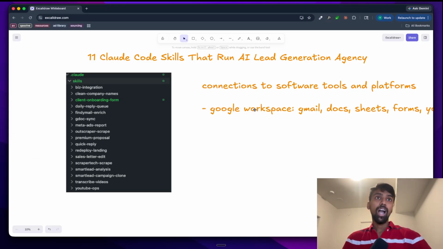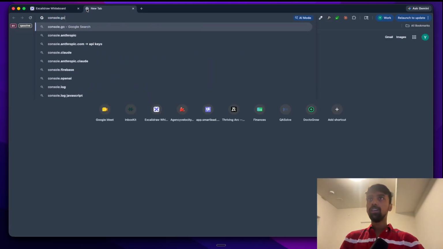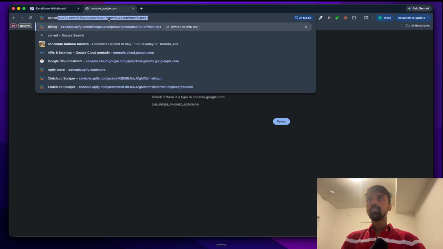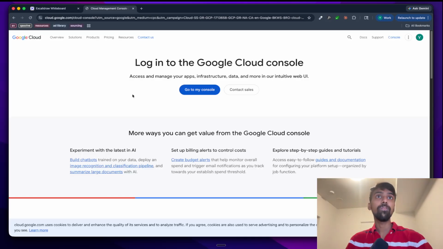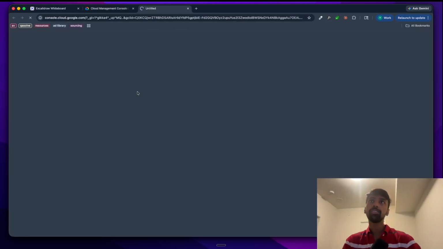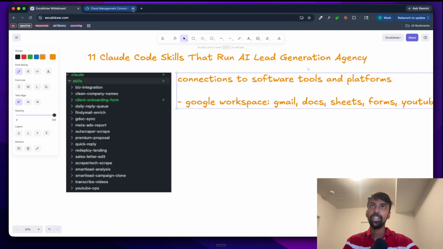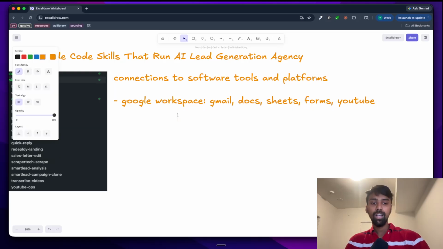So I have a Google Workspace connection through the Google Cloud Console API. So cloud.google.com. If I go to my console, you'll be able to see that I have, okay, it's asking for my password. I can do that off screen, but essentially I have built API connections, OAuth connections to my business account,